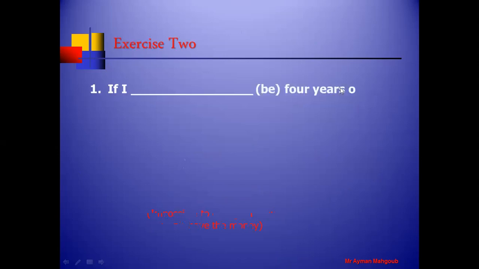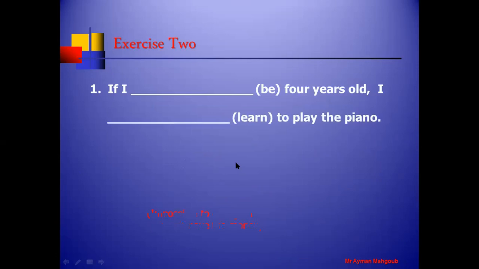Exercise 2, all of you please try to answer with me, all of you. If I space 4 years, I space to play the piano. At first, يعني decide to use the second conditional or the third conditional. We are not talking about the past, so it's second. محمد فتحي شاف الإجابة أصلا. مش كده؟